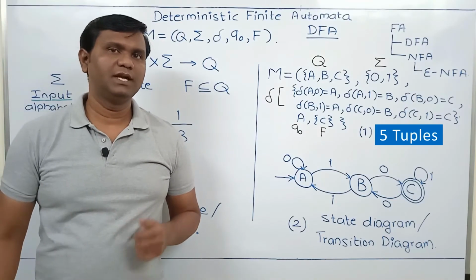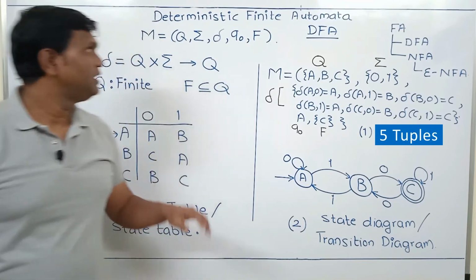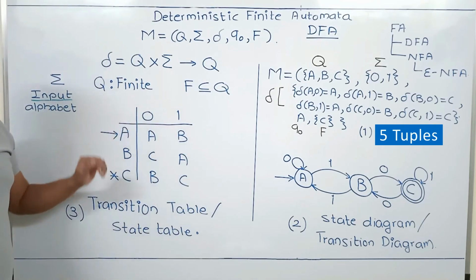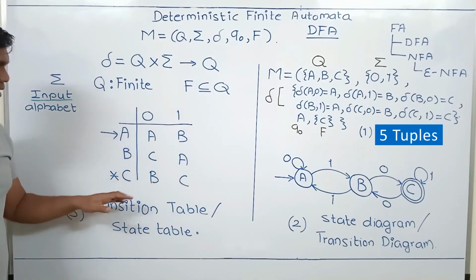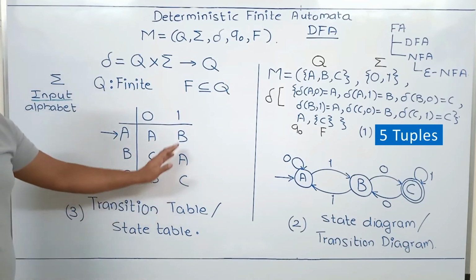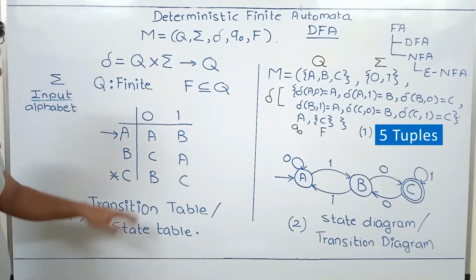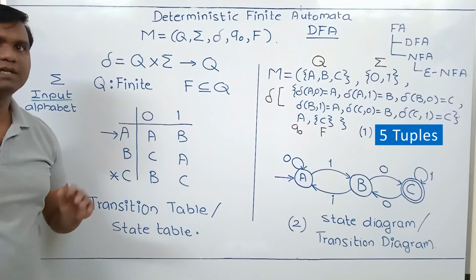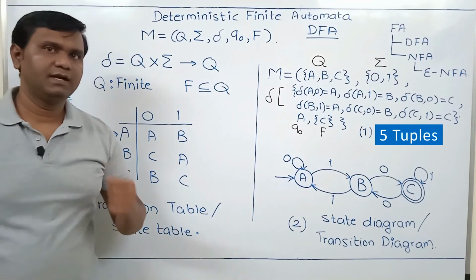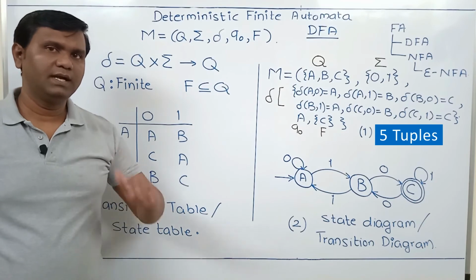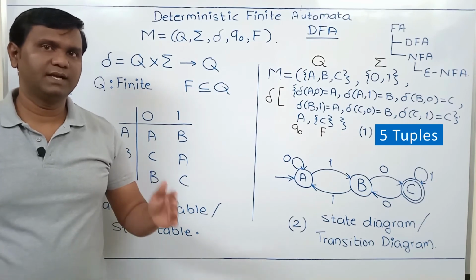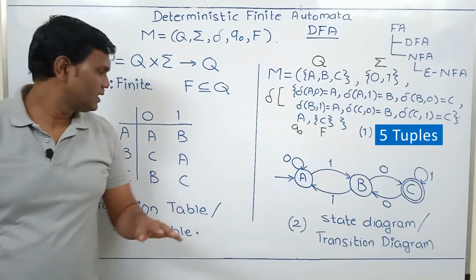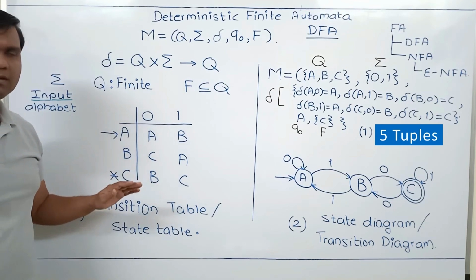Now let's see why it is called deterministic finite automata. Deterministic, because while in any state, if it reads a symbol, there is a unique next state. If you see this table, each entry contains only one state. In case of DFA, this entry cannot be empty. This entry cannot have multiple states. So if DFA is in a state and reads a symbol, it exactly knows what the next state is. There is no non-determinism. There cannot be multiple states. Also, this entry cannot be empty.